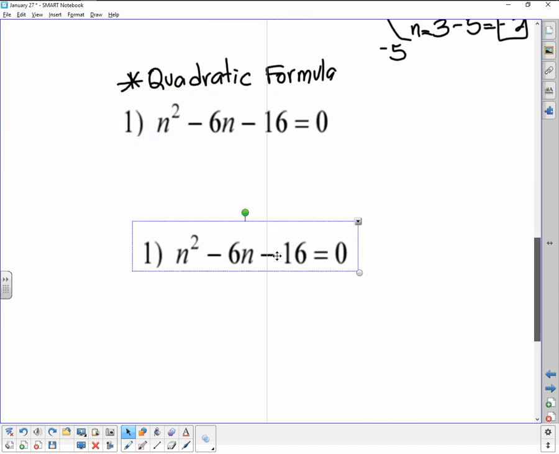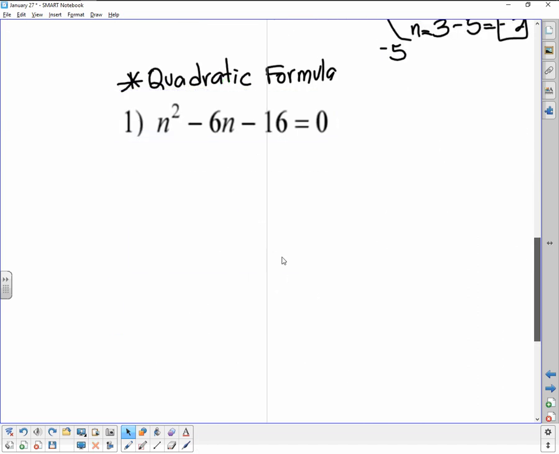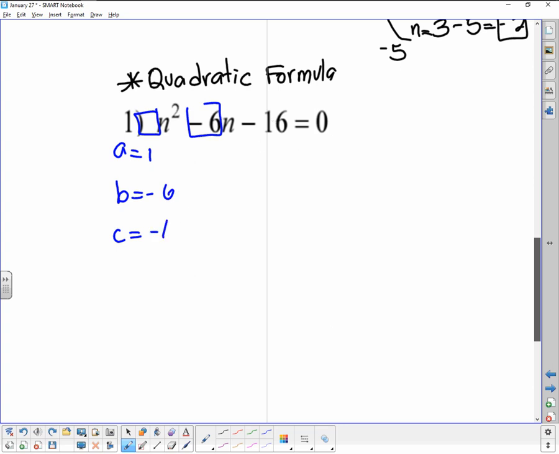So what you should do is find out what is the A value, what is the B value, and what is the C value. This is the A value, that'll be 1. This is the B value, -6. And this is the C value, C value is -16. Once you do that,